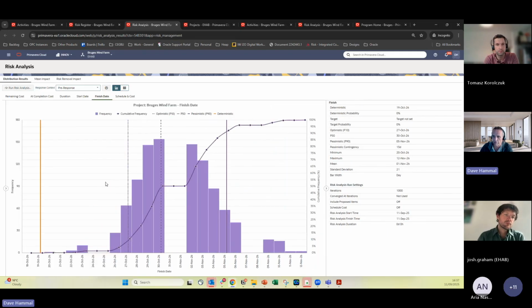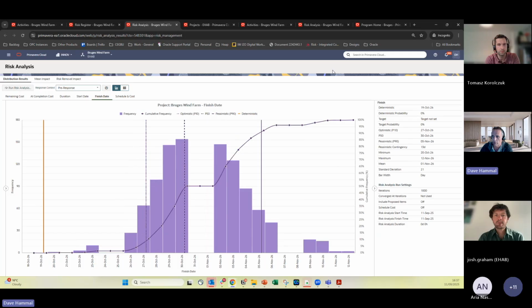And here is where I can see, for example, my deterministic date, which we display here as an orange line. This is the date in my schedule before I ran risk analysis. And then I can see the date is a weekend. I'm slipping a week, slipping 2 weeks worth of time in this particular case. So I've got things like my P10, P50, P90. I'm assuming for anyone who's familiar with Monte Carlo simulation, this type of output is fairly familiar, right? And I can see I probably need to be allowing about 13 days of contingency for weather if I want to have a 90% confidence as to when this is going to finish, right?